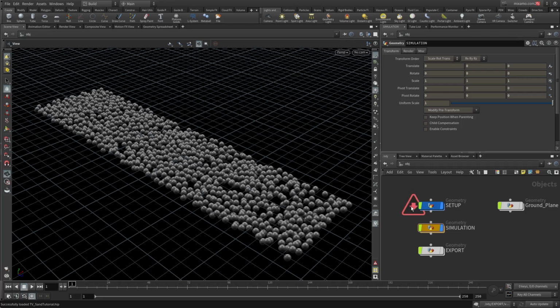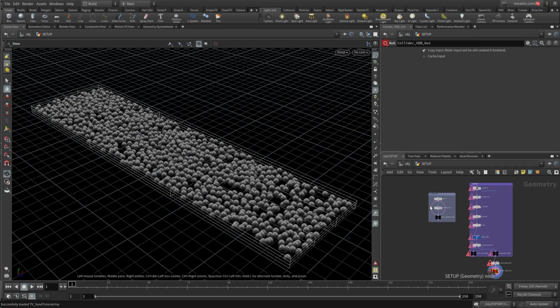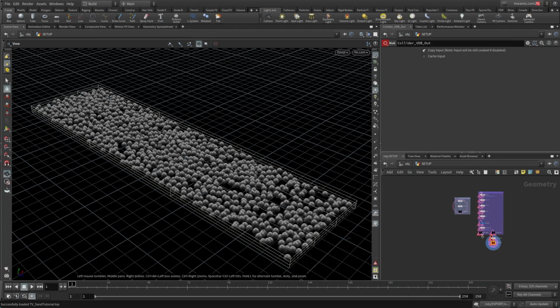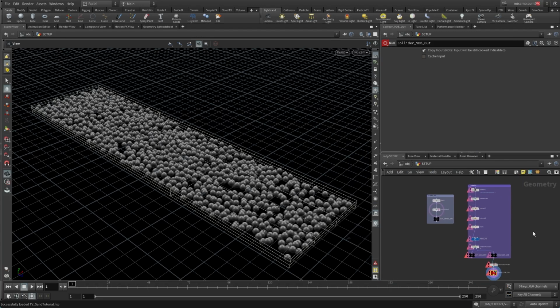This red triangle here means that it is missing our collider. So let's add the Alembic which we exported from Blender. Double click the node to open it. You can use scroll wheel to zoom in and out in this network editor and middle mouse to pan this